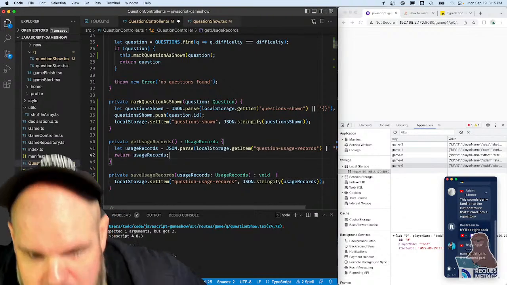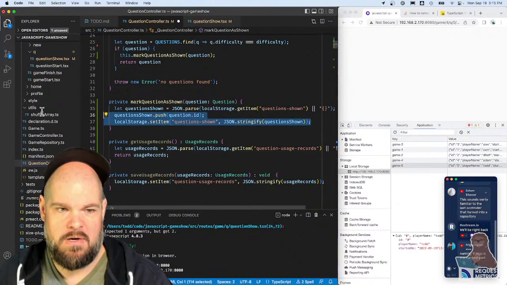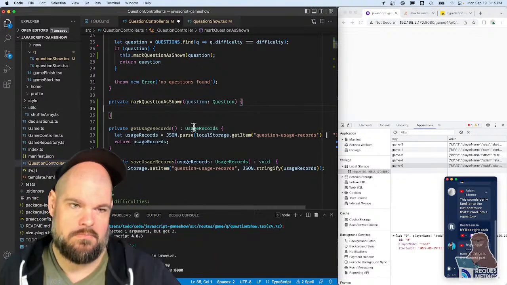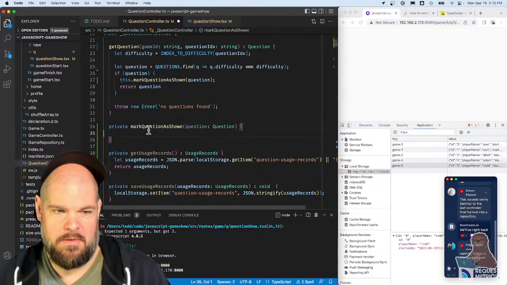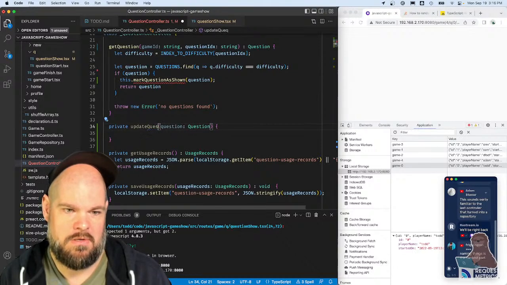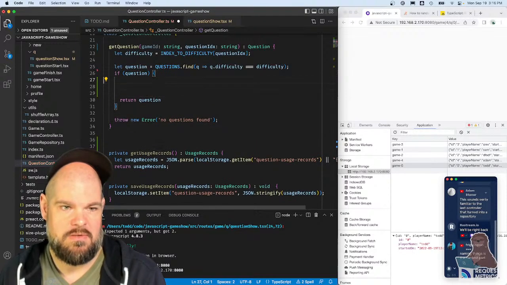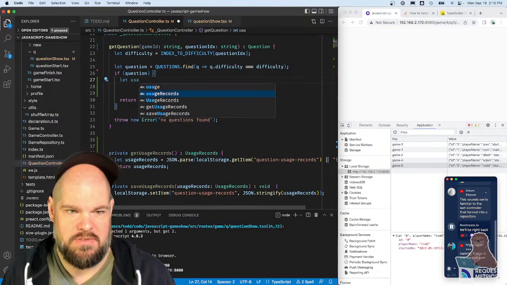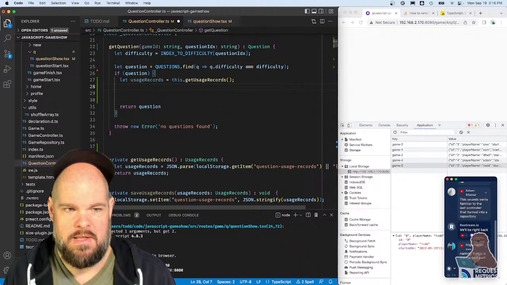Okay, now we have our little thing. So then when we mark our question as shown, that's an update question usage. Let's not put it in a different function. Let's just figure out what this looks like. So we have this question. We need to say let usage records equals this.getUsageRecords, and if